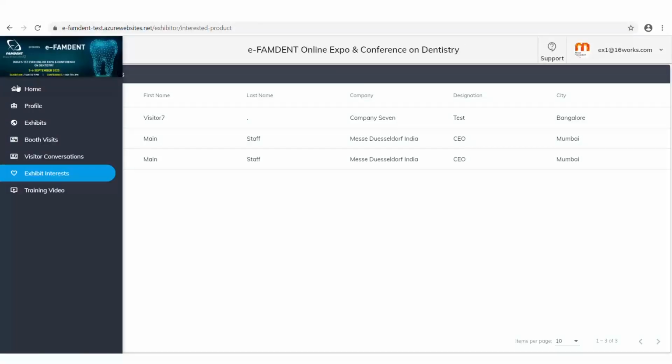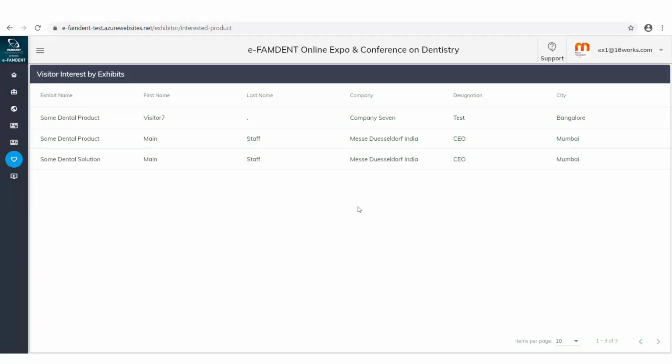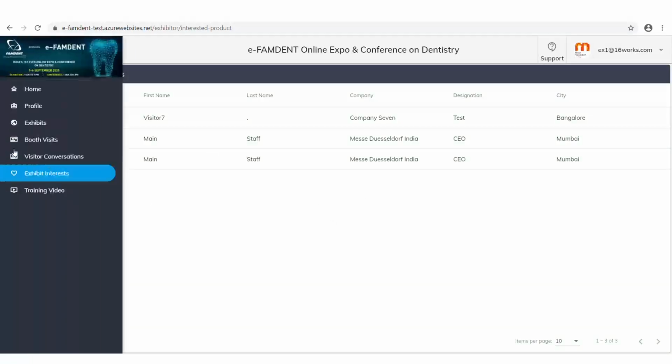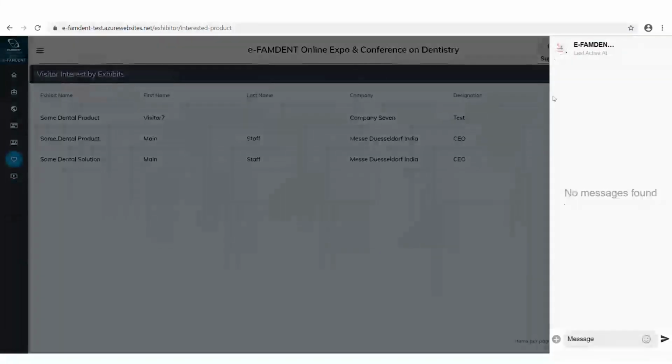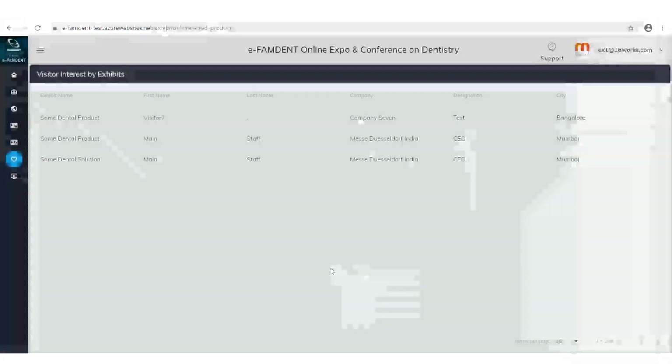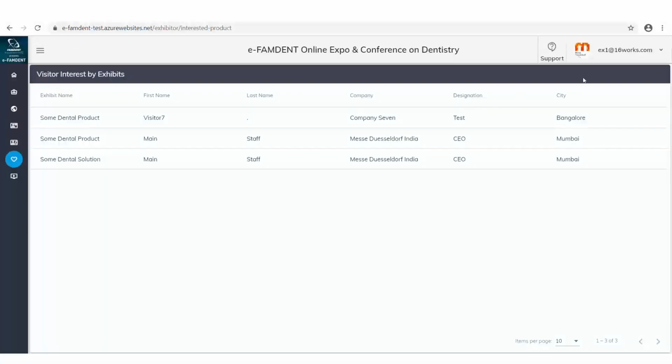So these are pretty much the various things that we have as part of the exhibitor menu. If you have any questions, like I said, you can put them in support. We will keep adding a few more features as we move forward in the next couple of days.